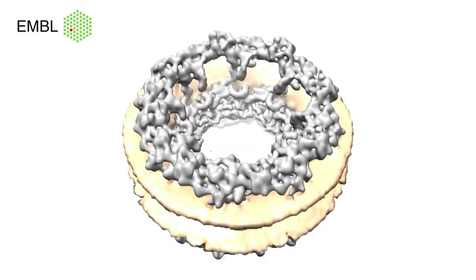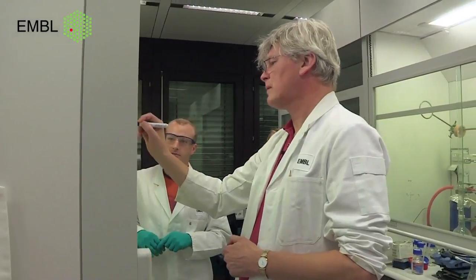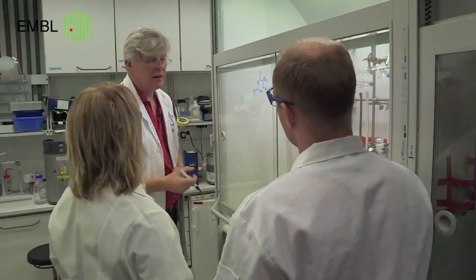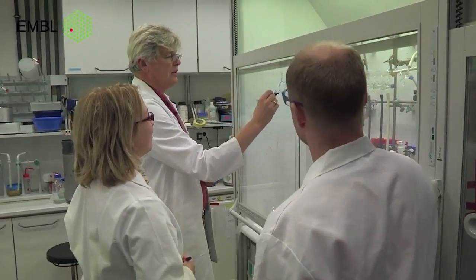A key technology for imaging in general is chemistry, because we need better dyes to visualize molecules at highest resolution. So here Kai Johnsson's group is key. He's an organic chemist and synthesizes dyes and develops reactions that work in living cells to couple them to protein molecules. We like to do chemistry not only for biologists, but to do the chemistry inside an intact cell or